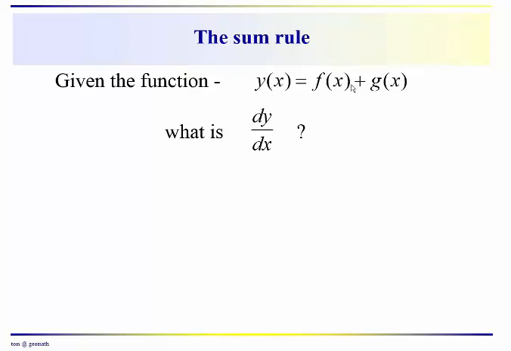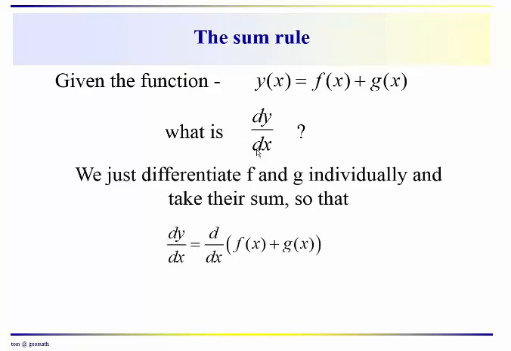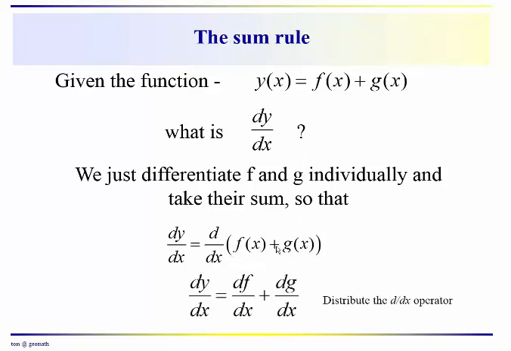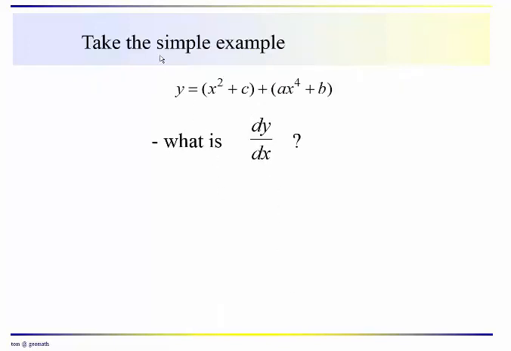If we have y of x is equal to f of x plus g of x, what is dy dx? That's the question. That's the general question. And as we've noted in a couple examples already, all we're doing is distributing the derivative operator through the sum of terms. So we have a sum. We're differentiating the sum. We distribute the operator dx through the sum of terms f and g in order to get the derivative. So if we take a simple example like this,